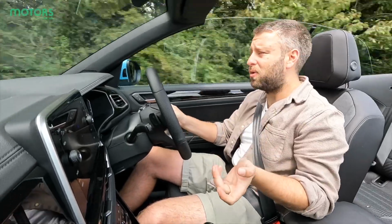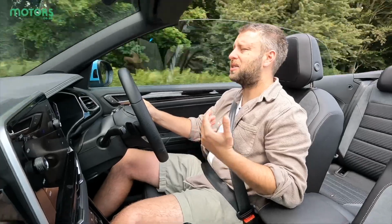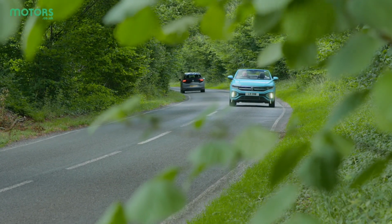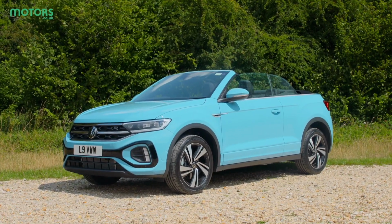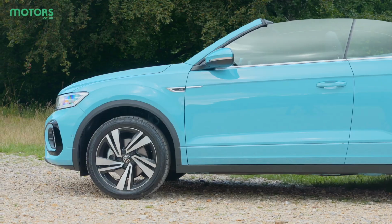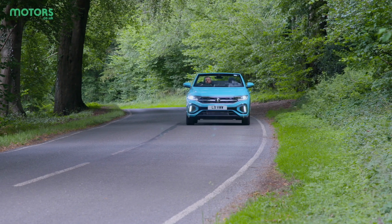It's also quite refined with the roof up. Of course, it is a cloth roof, so there's only so much it can do, but I think when that roof is in place, it's quiet and it's not too noticeable against the conventional metal solid-roofed T-Roc. Though it might be a quirky offering in the convertible segment, I think that the T-Roc Cabriolet should actually be taken quite seriously. I like the way it's executed. I think it's comfortable and easy to drive, and the engines that back it are decent too and well proven